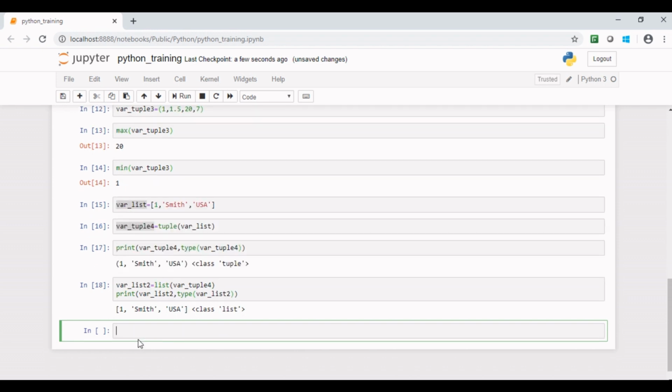I hope now you can convert any list to tuple and vice versa.